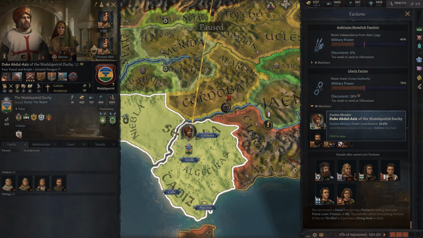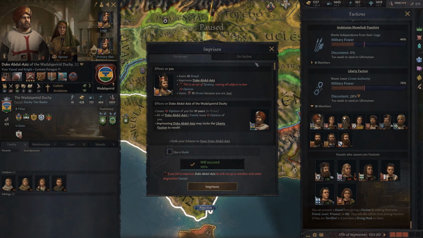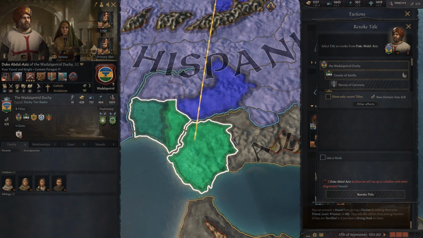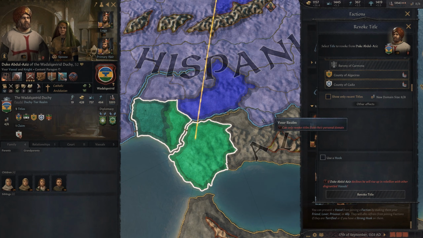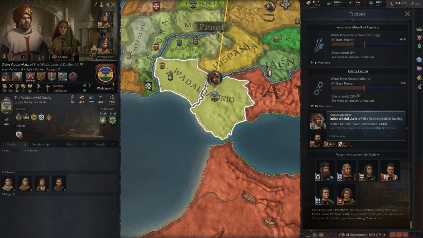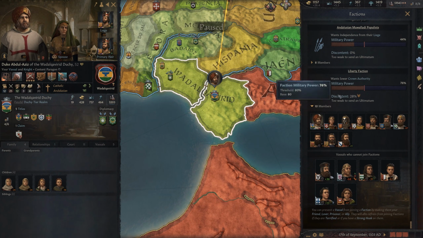But once you have this guy in prison, I could right click here and revoke his titles. That is going to reduce the amount of strength that he gets from being a large, strong vassal. And it also is going to reduce the amount of contribution immediately by 24.8% on the military power.